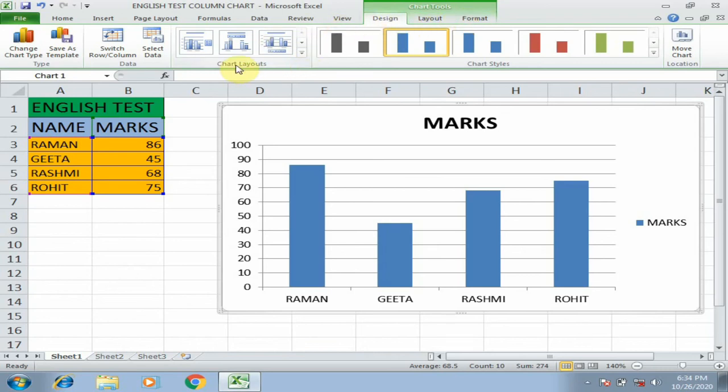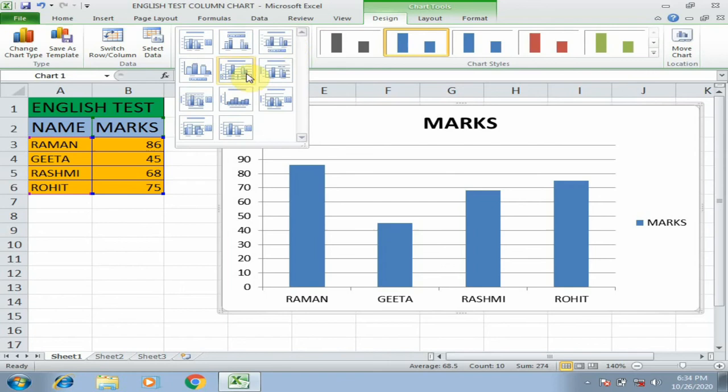but now we are going to this one. Here you can see Chart Layouts have been given. When we are clicking on this button, you can see 11 types of layouts have been given.